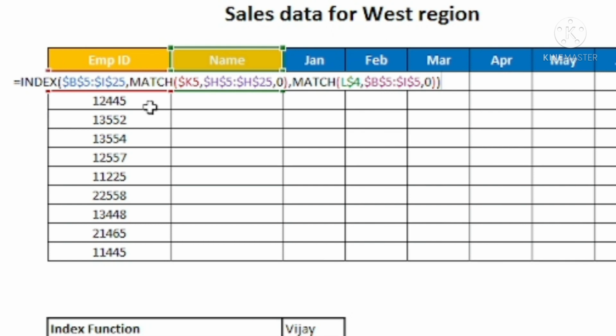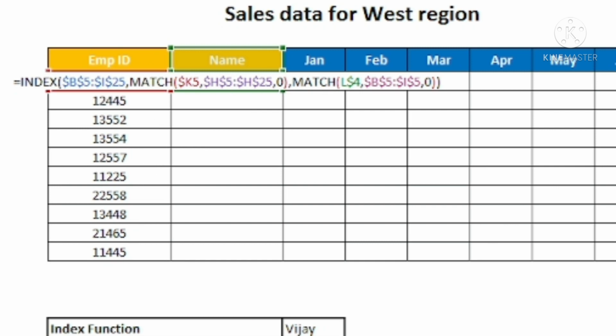So is equal to index, we are given first the array which I locked with the help of one F4 function, comma, match function to give it the row number for the corresponding employee ID. So match tab, I have selected the lookup value as employee ID because I want to copy the formula from top to bottom, but I don't want Excel to move from left to right.